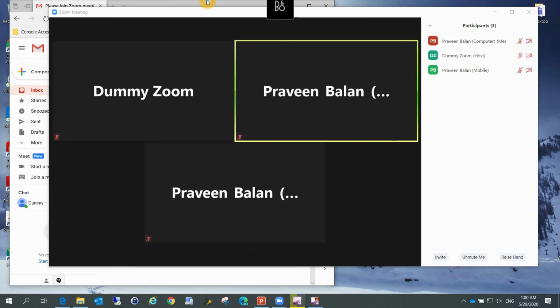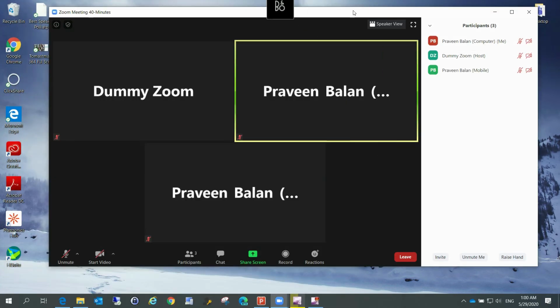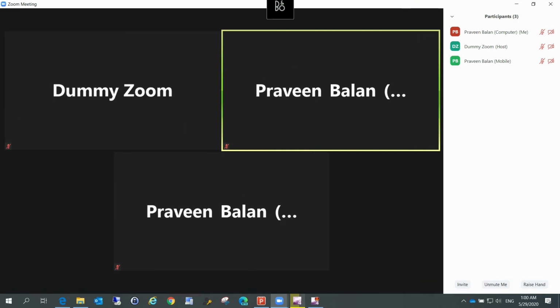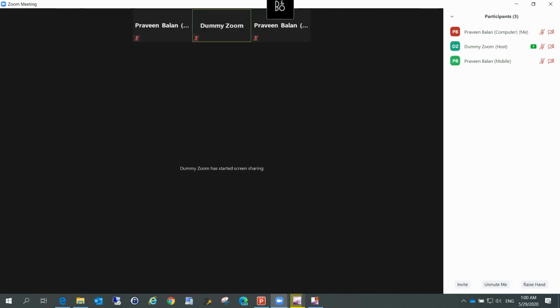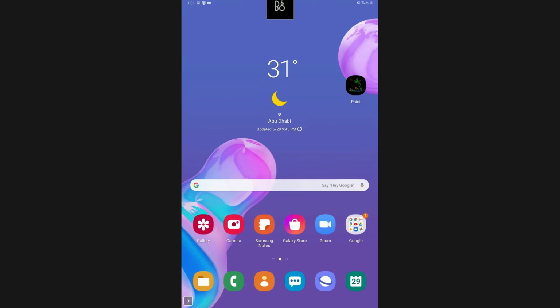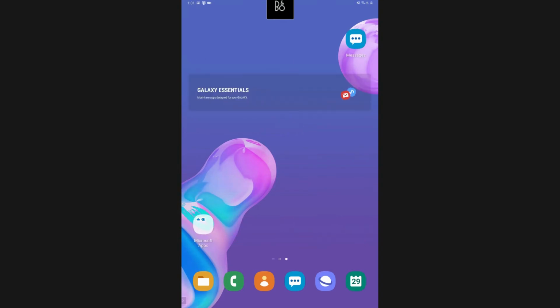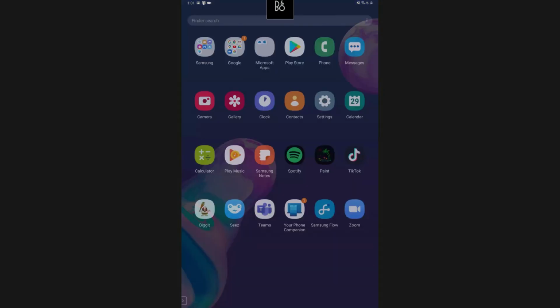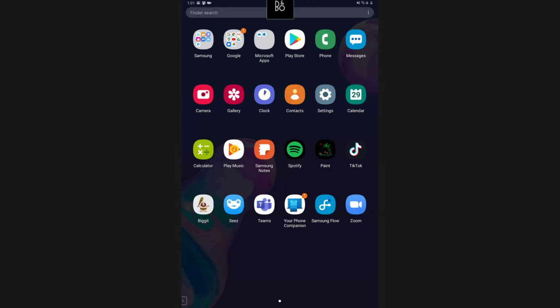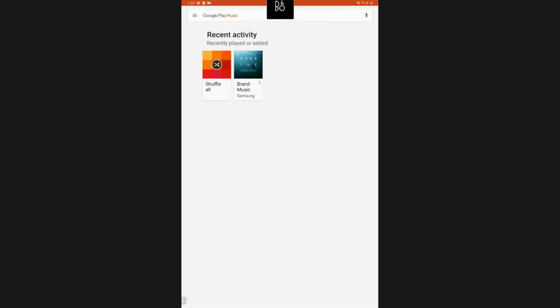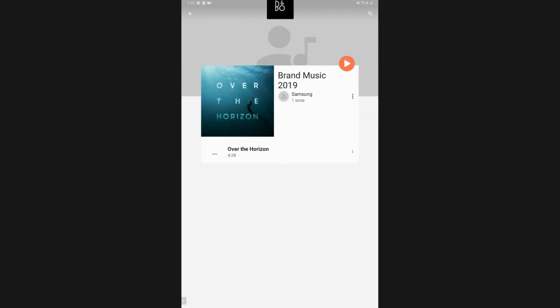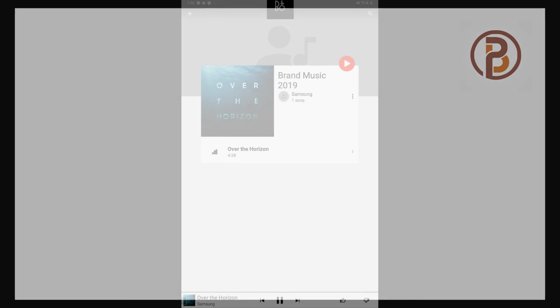Let's see how it looks when somebody is sharing their screen. Now I'm going to share it from my Samsung tab and you will see it here. Now you can see my Samsung tab is completely shared. There is no selective share and all the participants can see what I'm sharing from a Samsung tab. So this is just to give you how the screen sharing works from a device. You also have options like whiteboard sharing and some other features, not only sharing a screen. So we will see that as we progress in this video.